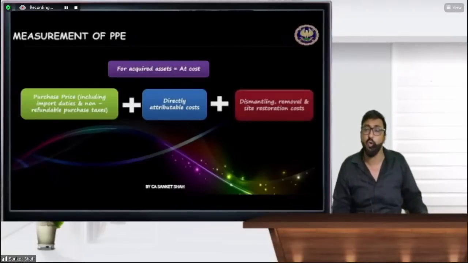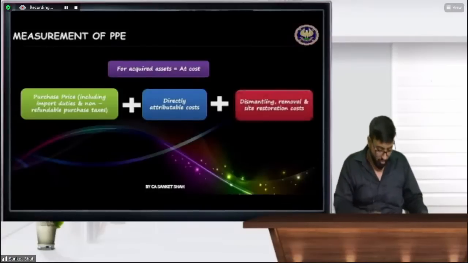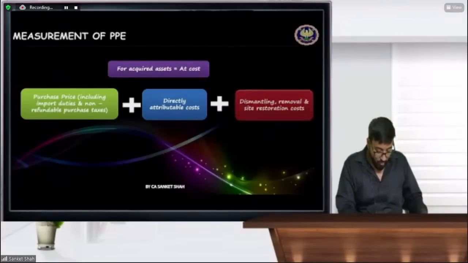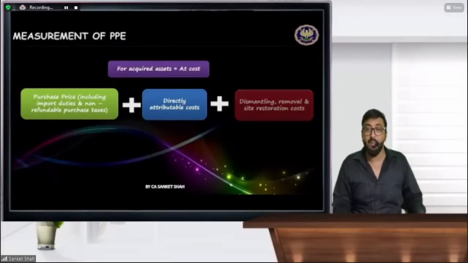So cost model over. Okay, self construction cost we are going to understand it after break. So till now you have any query? Yes, if you have any query till now, you can ask me, otherwise we will take a break. चलो जल्दी से queries मैंने पूछे हैं. ब्रेक के बाद और मजा आएगा.